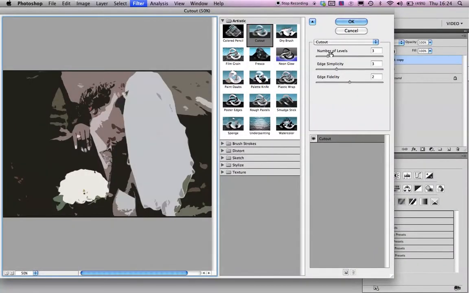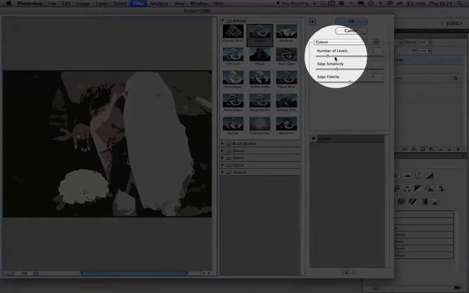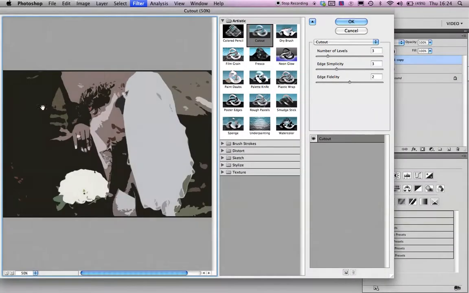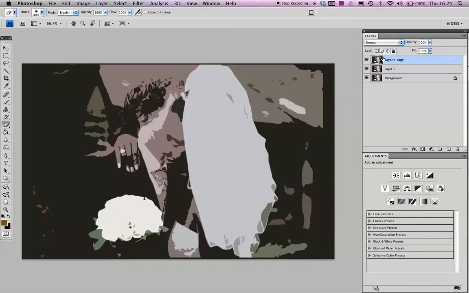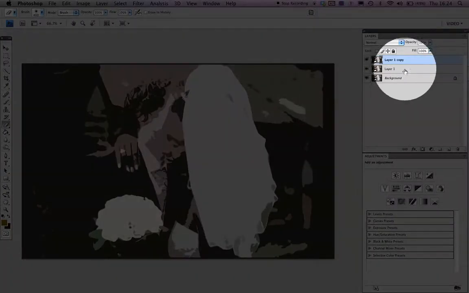And then I'm going to do this first one with a very simple effect. I'm going to basically leave it on what it's on my settings, because I quite like the edges around the outside of the picture. I'm going to click OK on that one. There it is. I'm then going to highlight my middle layer,